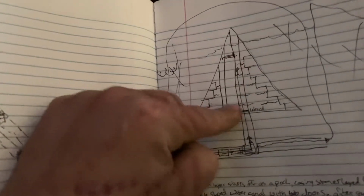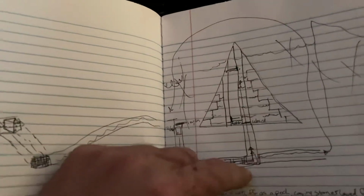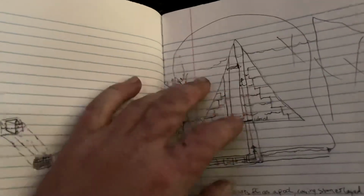This was some stupid idea for if they used boats. You put a boat on, the boat would lift it one at a time. But